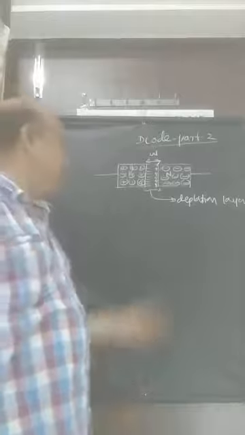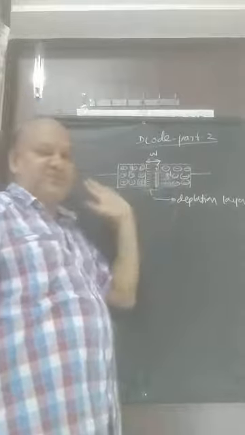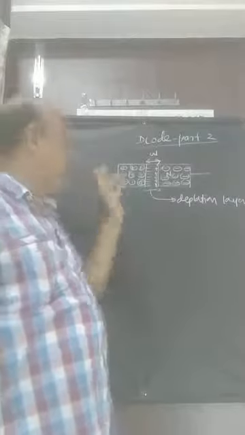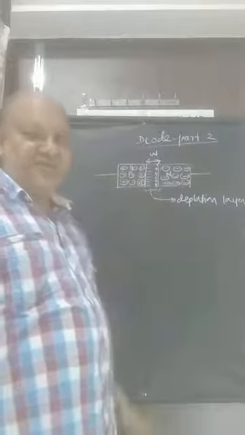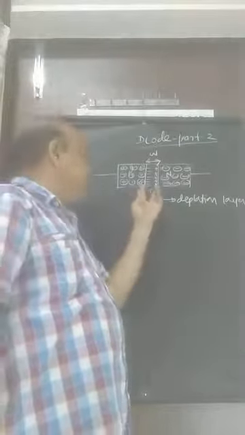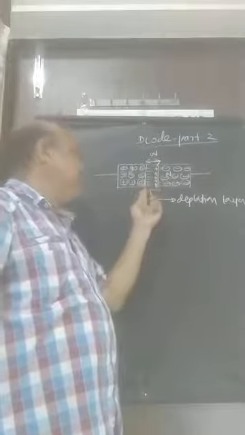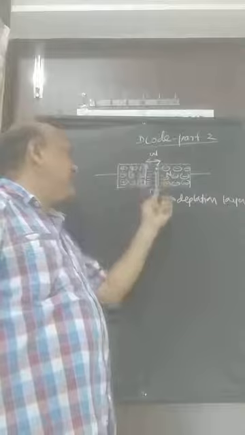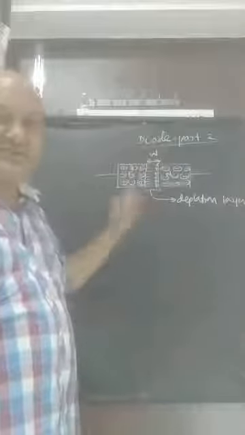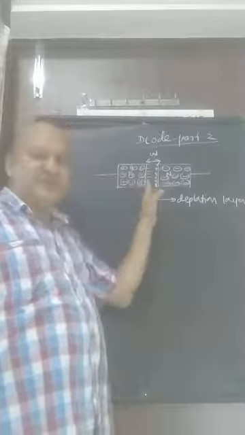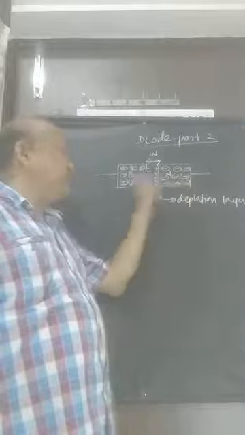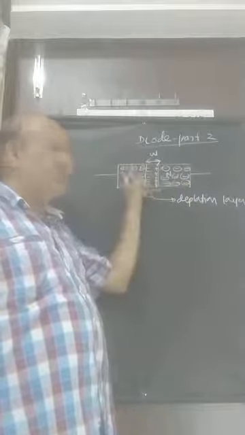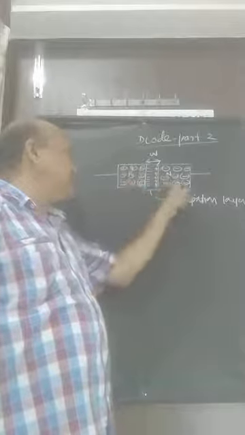Now in the diode, once this formation is over, the diode is completed. Two electrodes are connected, the junction is formed, and the depletion layer is formed. Since this depletion layer has one side with a negative ion layer and one side with a positive ion layer, these are fixed ions, immobile ions at the junction, while the positively charged holes at the P side and negatively charged electrons at the N side are mobile.